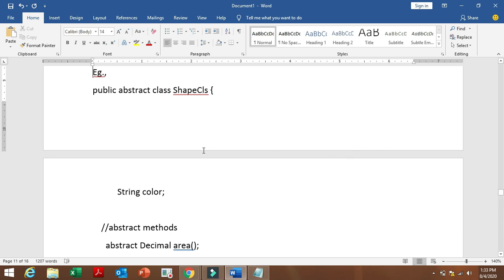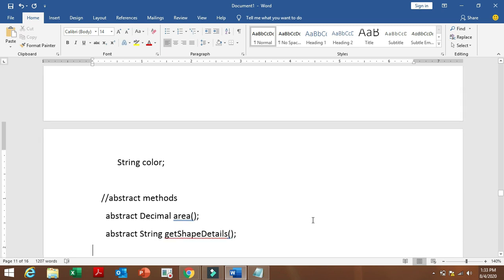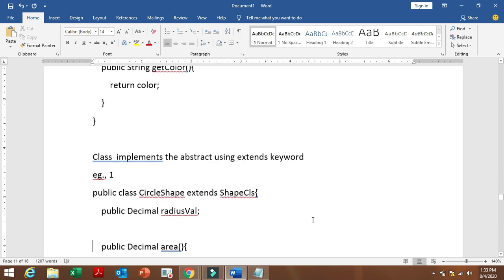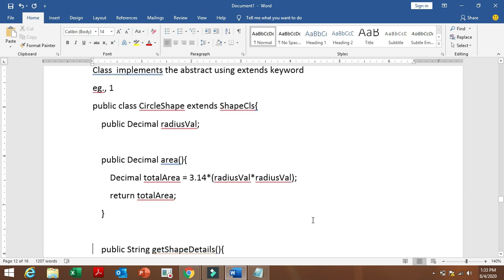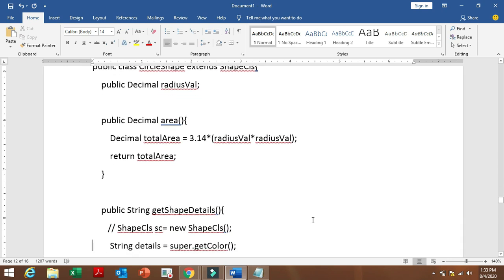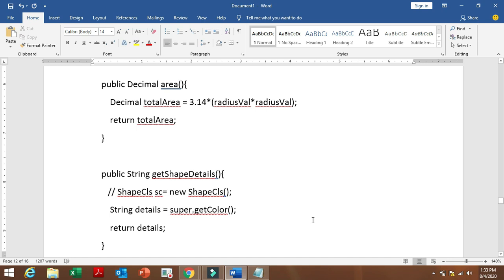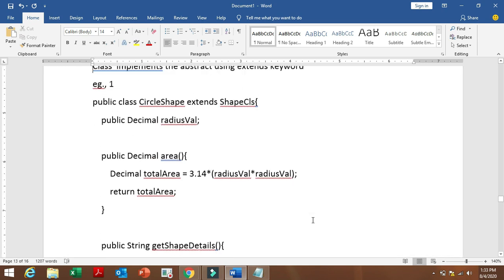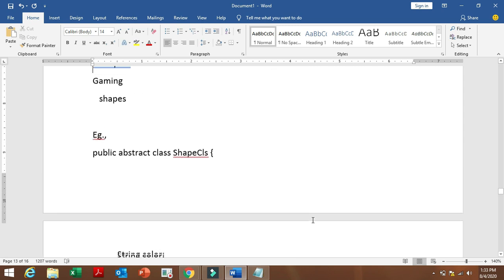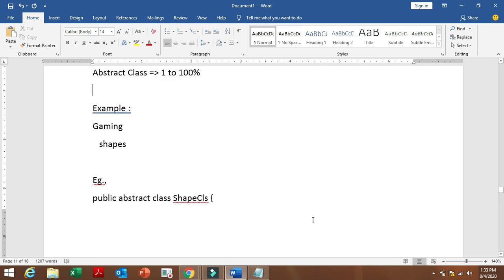Public class circle shape extends the shape class. Here the first shape class is done, and then another class is created using the above class. And here in this, the radius value is taken as the data member, then the total area is calculated.